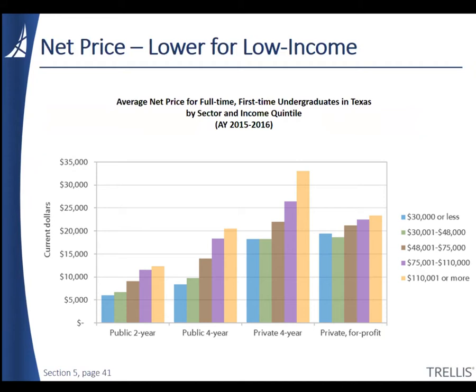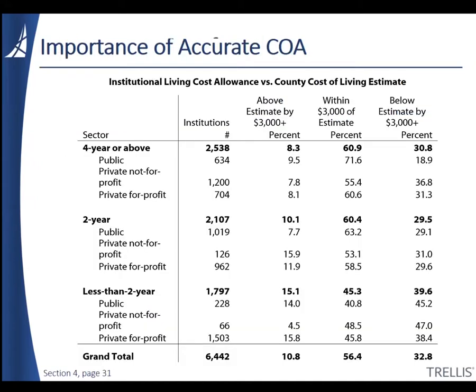And this also reflects that needier students tend to receive more need-based grant aid. In the public four-year sector, students with the lowest incomes had a net price for 2 semesters of about $8,300, climbing to about $20,500 for those in the highest income quintile. The cost of living amounts are important because they are part of the equation that determines how much financial aid students are eligible to receive.